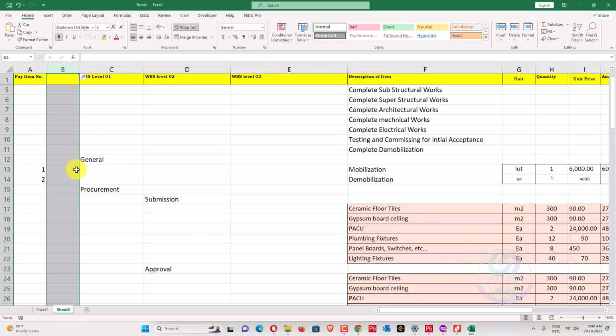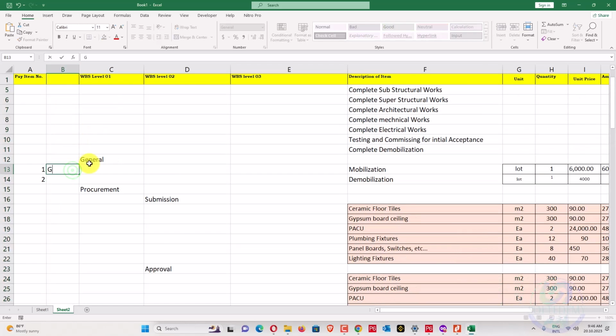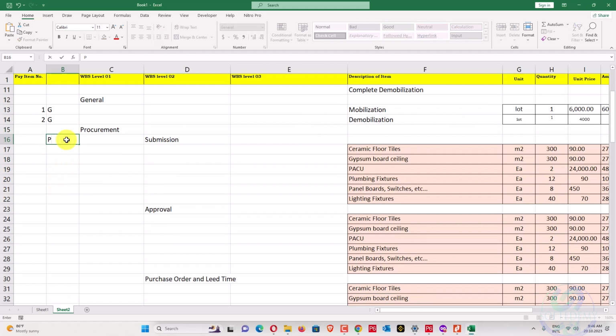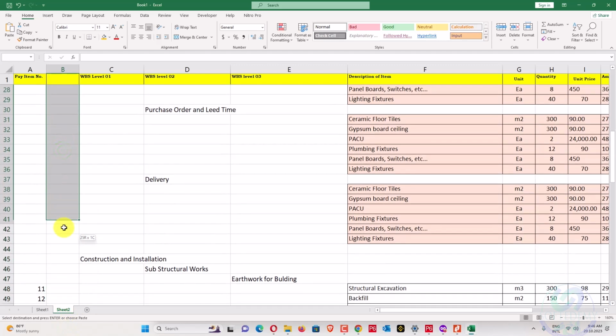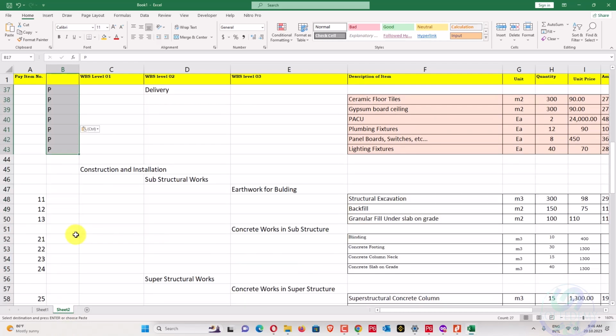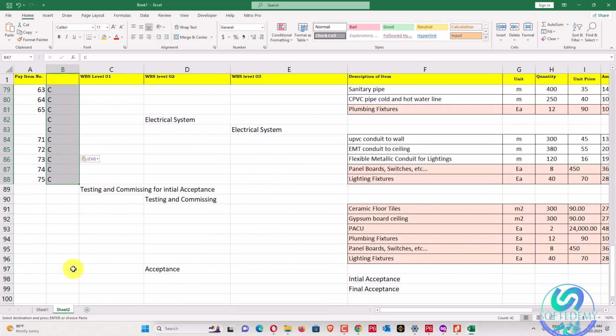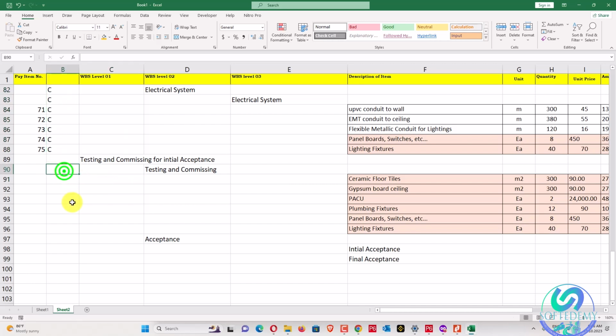So every item which is general, these are G, and every item which has procurement, these are P. Okay, so it's like that one. Every item which is construction, these are C. So it's like that one. Every item which is testing and commissioning, these are T.